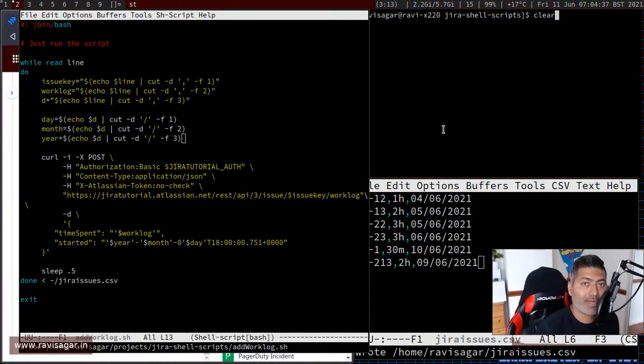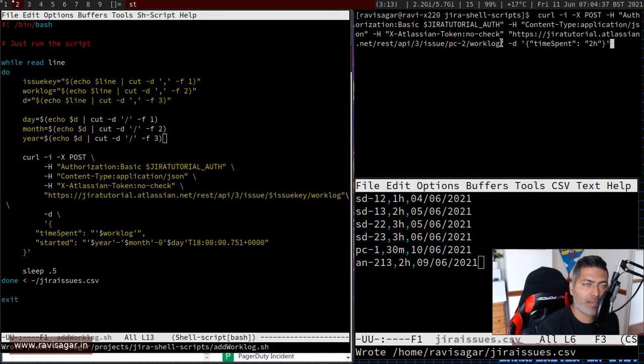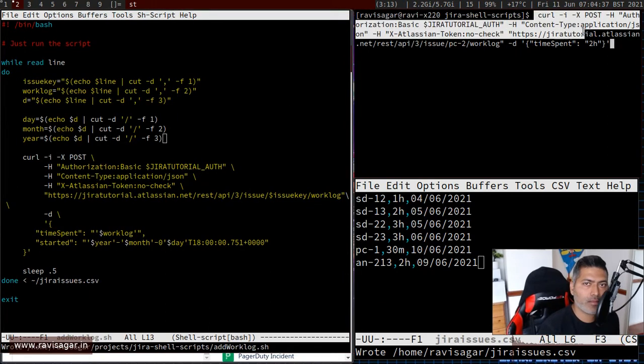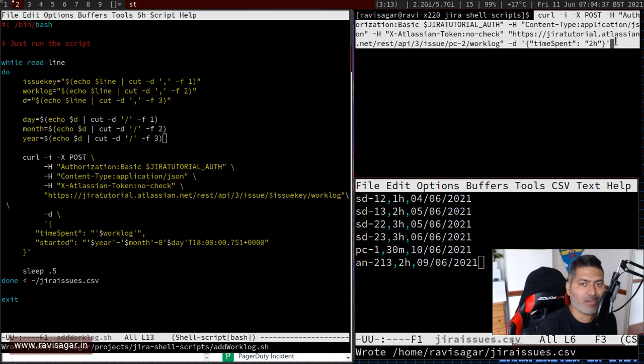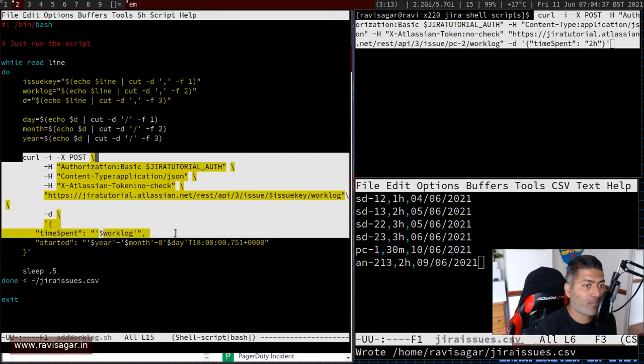The script that I ran. So this script on the right hand side, if you look here, this is nothing but the curl thing that I just copied from my Postman, or it could be Talend API. But if you look at the script here, the main part is of course this part here. And what I'm also doing here is, along with time spent, which is of course coming from a variable, I'm basically also making sure that there is an additional